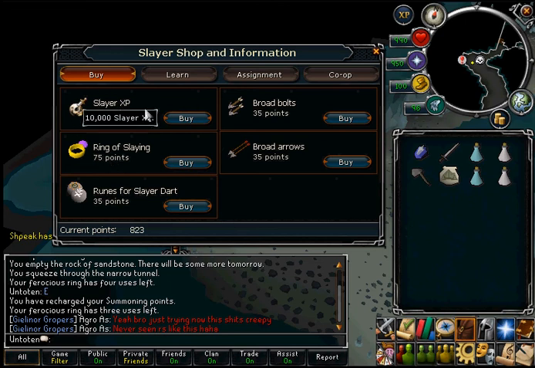So I recommend personally going to the buy. Don't buy Slayer XP, it's only 10,000 for 400 points. It's not really worth it unless you really want XP and you don't care about money. What I would recommend is this one here, because for each 35 points you get, I think it's 100 death runes, and there you go, I'll show you